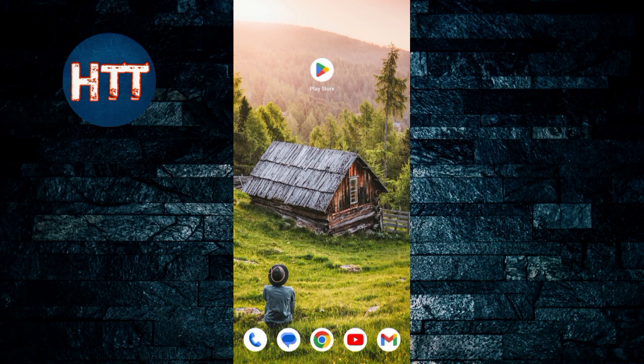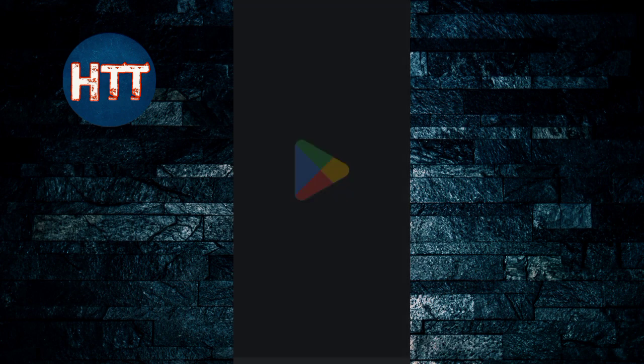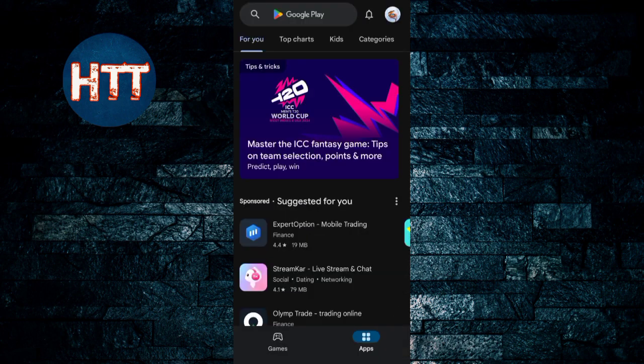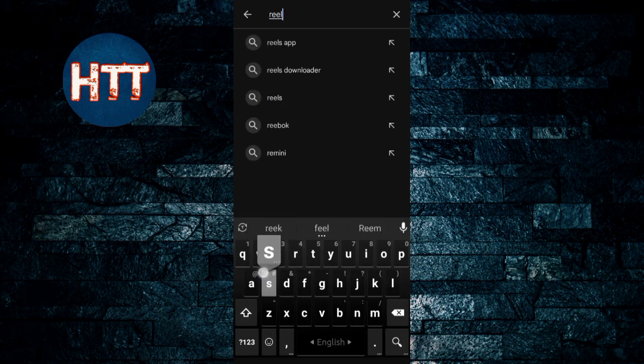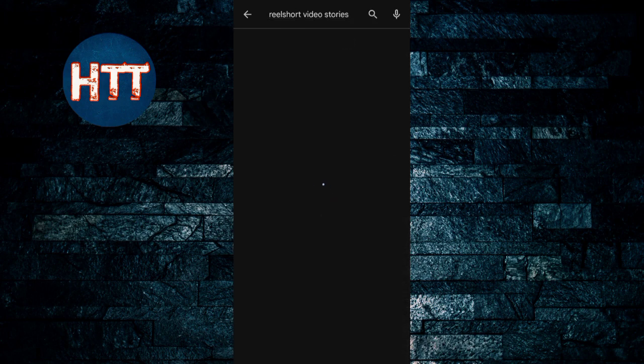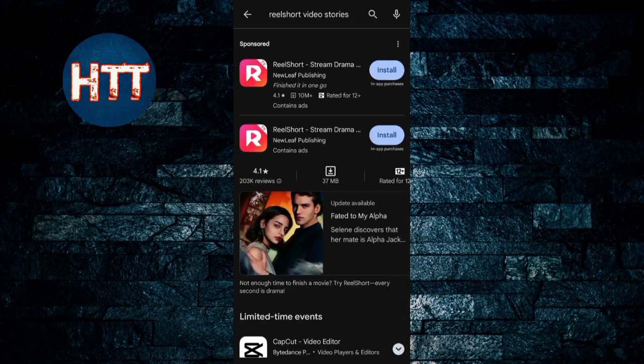So you can see this is the Google Play Store app, so you need to tap here and then tap on the search bar and type the word Reelshort. Okay, and you can see the first option, ReelShort, Stream Drama and